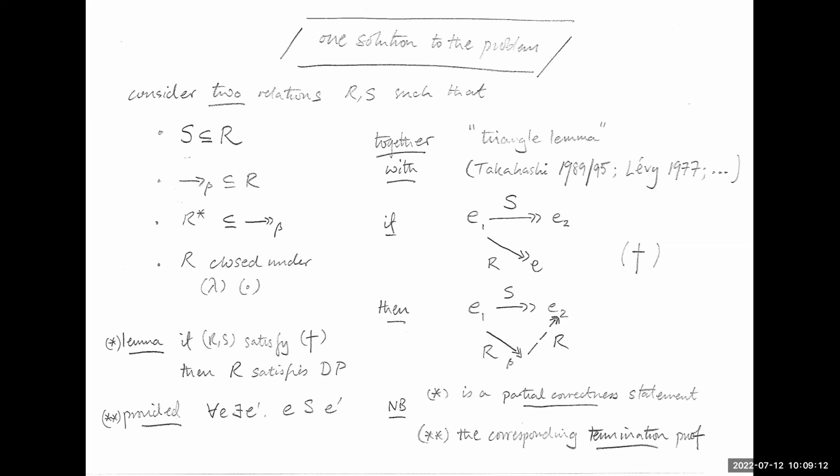So I'm going to have a pi02 statement that says that for any E, there is an S reduct of it, okay? And then I'll use that existential witness to give me that datum, and then I can apply the triangle implies diamond lemma. Okay. Everybody clear on that? Question?